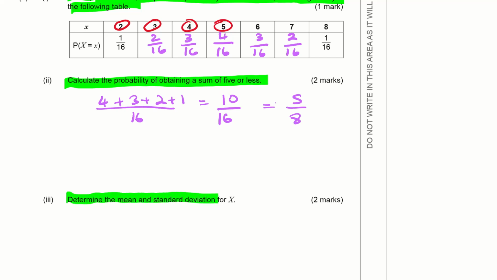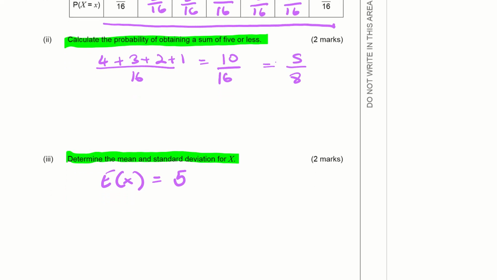Determine the mean and standard deviation for x. Well, because this is completely symmetric, it should be clear that the expectation is 5. To get the variance of x, and I know this is a lot for 2 marks, but I always do the expectation of x squared, take away the expectation of x, squared. So there we have to do